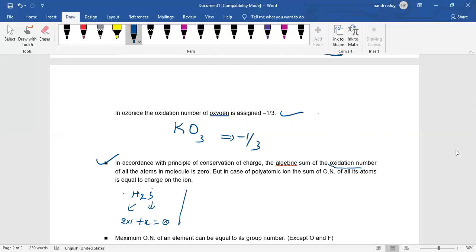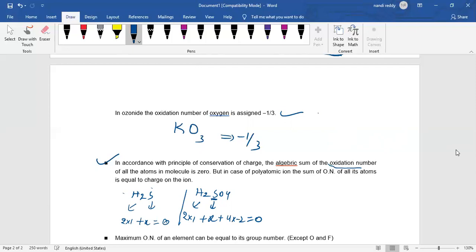And even for H2SO4, you need to calculate the sulfur oxidation number. Here also there is no charge. So I can take 2 hydrogens, 2 into 1, because each hydrogen is in the +1 oxidation state, plus sulfur, which we don't know, so that is X, plus each oxygen is -2, 4 into -2,